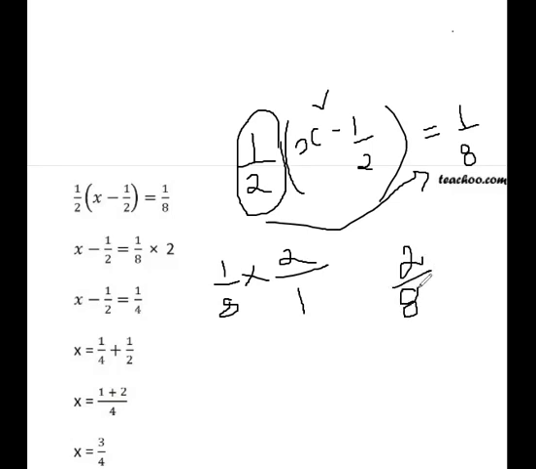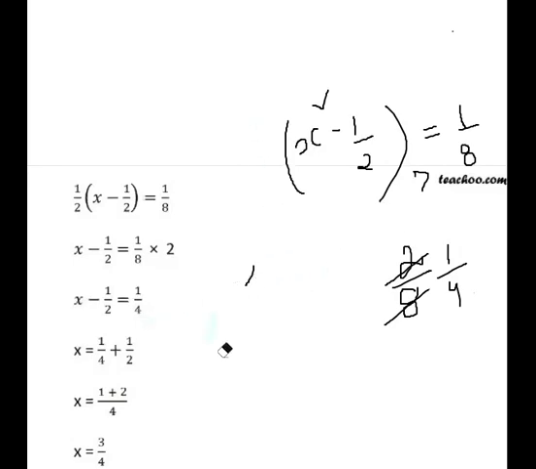Now when you have 2 upon 8, you always know that this can be cancelled into its lowest form. Where can it be cancelled? It can be cancelled on 2's table. It will be 1 upon 4, which brings us here: x minus 1 upon 2 is equal to 1 upon 4. This side we have x minus 1 upon 2. And this side, I'll erase the extra. In our original equation we'll do the changes. Instead of 1 upon 8 on the other side, now we have 1 upon 4. Further now we can solve it.